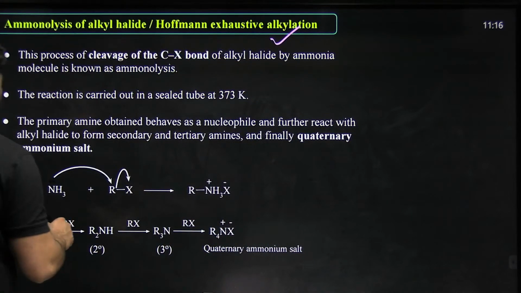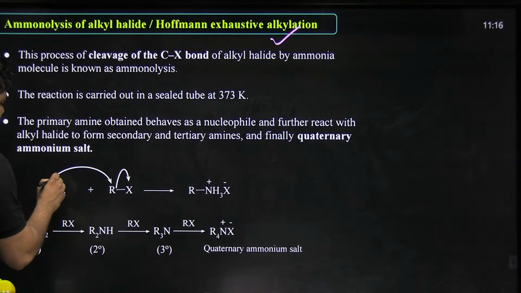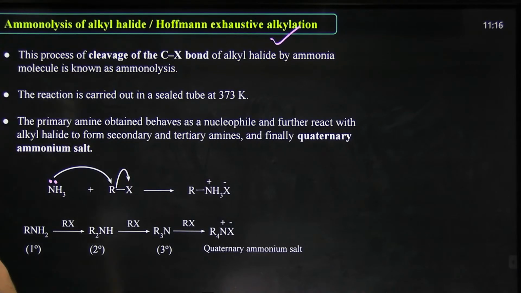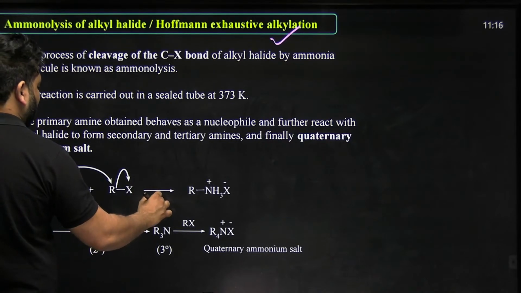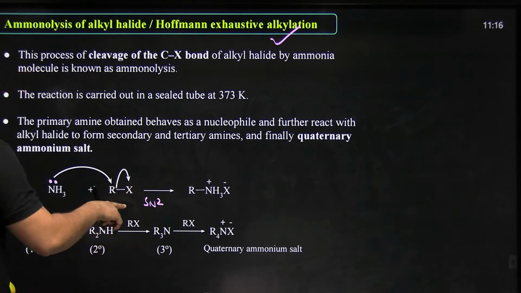The ammonia molecule has a lone pair of 2 electrons on nitrogen, and this good nucleophile attacks the R group in an SN2 reaction and yields out the halogen, forming